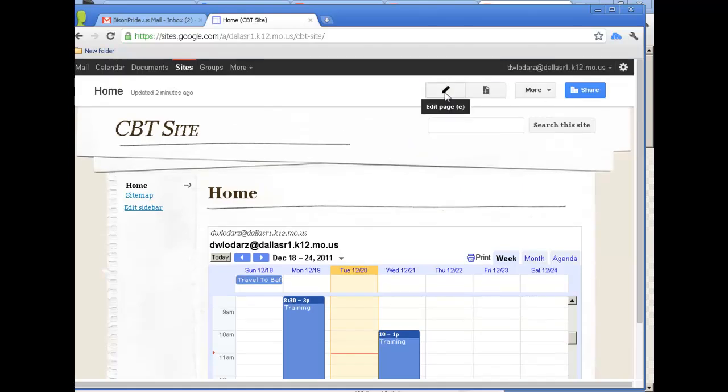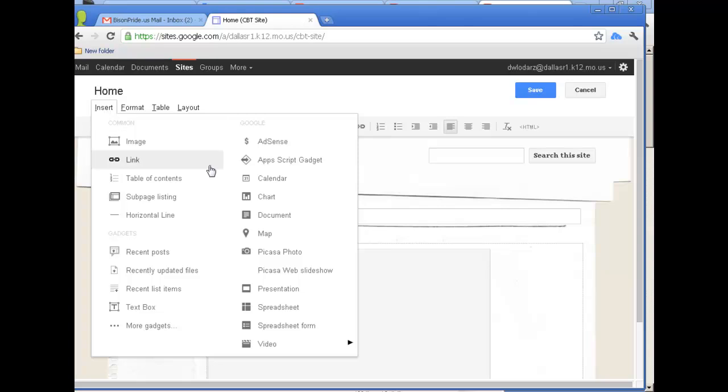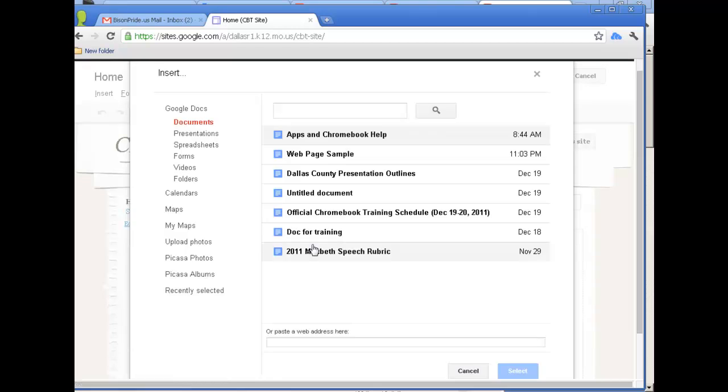Okay, so I'm going to go back to edit mode, and I'm going to go back to insert. So I did that, same thing, same concepts. I can add documents, I can add maps. So here's our, you know what I'm going to do is,